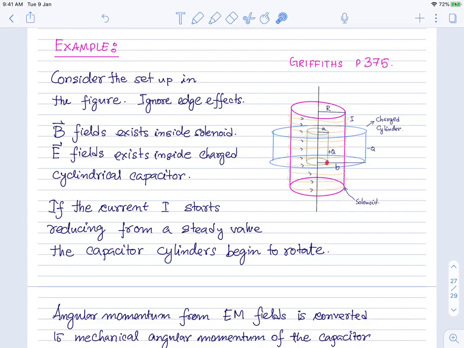That electric field will act on these charged cylinders and impart a torque on them. Because of the torque, these cylinders will gain angular momentum and start rotating. The cylinder inside, if it is free to rotate, will start rotating. So just by reducing the current, you can induce these cylinders to